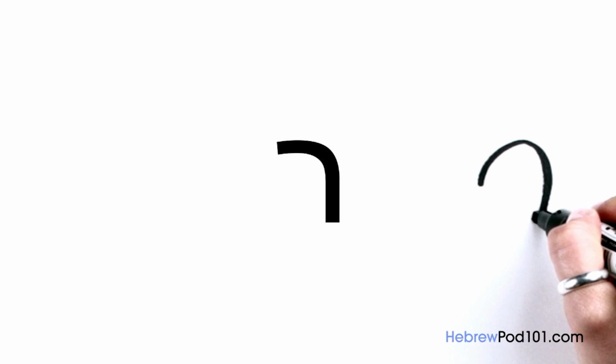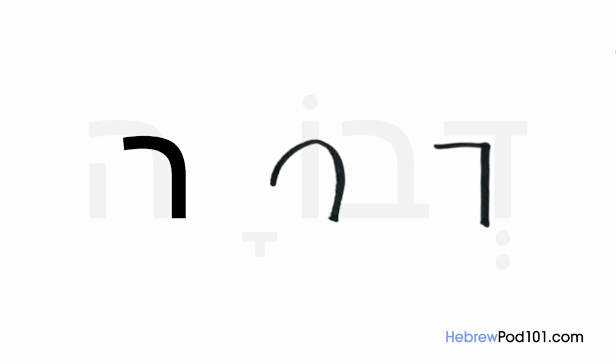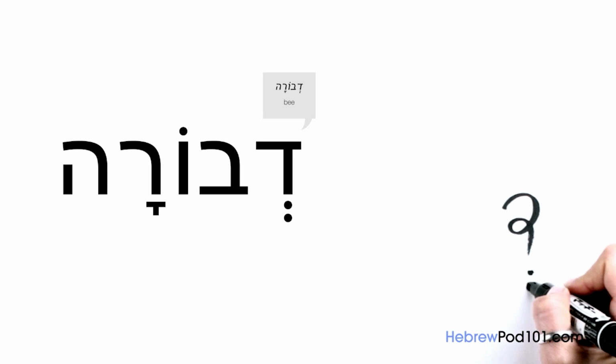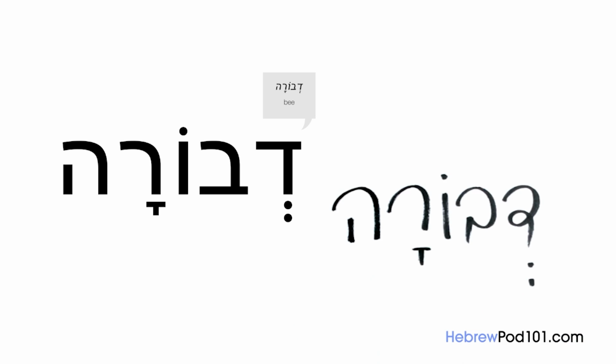Reish looks like this. The pronunciation of the Hebrew reish is similar to the French r sound. Try to make the sound from the throat, rolling the r as if you are gargling water. In print, Dvora is a bee. And in print,